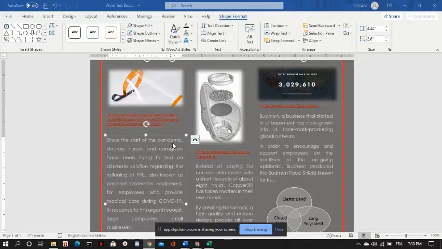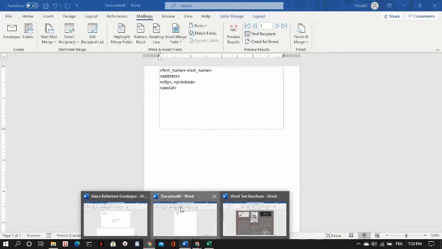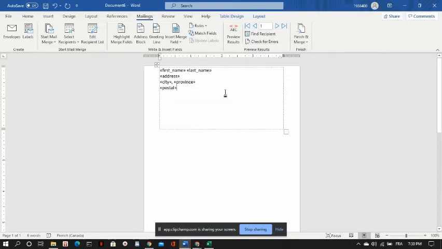Now for the mail merge, I won't be using this brochure. Instead, I'll be using one of my other projects that I already have done mail merge. So let's start with the labels. In order to start to create a label, we first have to select your list of recipients. So you go to select recipients and you click on use an existing list. Since I already have a list saved up, once you click on this,